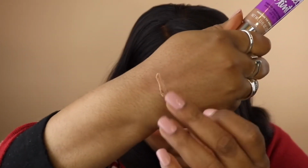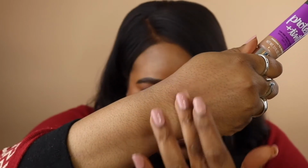So this was the darkest, and let's take a look, because Neutrogena is not known for having a wide... Okay, you guys. They're not known for having a wide color range. And this was the darkest. Let's see. Let me see if y'all can see that. This thing...